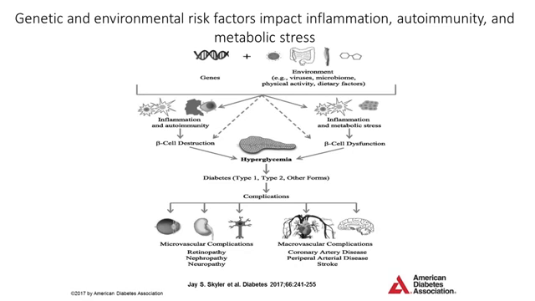So this next slide really just looks at the pathogenesis of diabetes. I'm going to ignore the left-hand side of the slide because that's really talking about type 1 diabetes, and focus on the right-hand side of the slide, looking at the impact of genes and the environment, leading to a state of inflammation and metabolic stress that then causes beta cell dysfunction. And remember, beta cells are where insulin is produced. And if we have beta cell dysfunction, we end up having higher blood sugars or hyperglycemia.